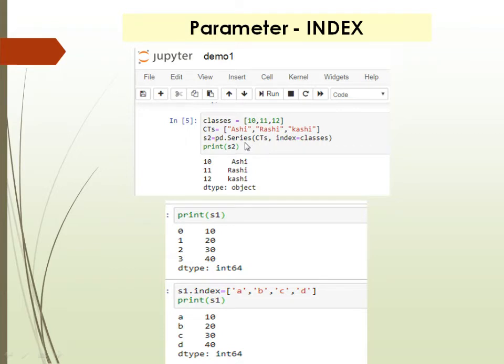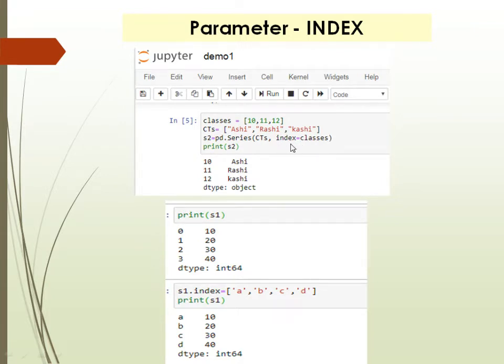pd.Series is a function, and we have to give it the values Ashi, Rashi and Kashi. I have written here that cities is the name of the list. Now I have to change the index numbers. For changing the index numbers, I have written the parameter index here: index equals classes.